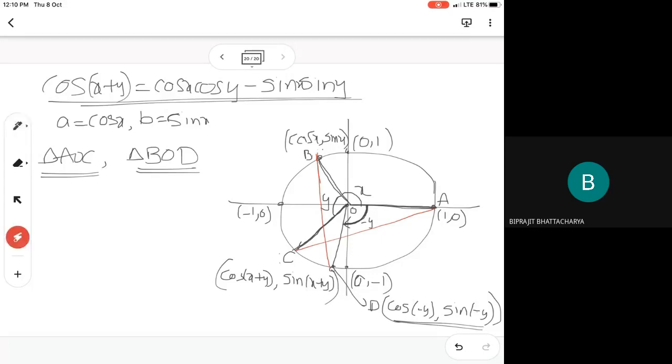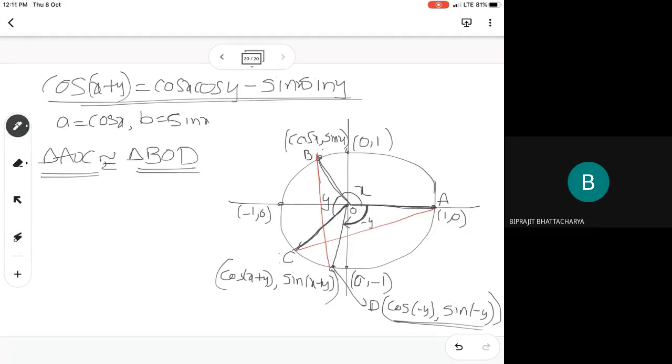Measure of y, COD. So this is the angle AOC, which is y plus this one. And angle BOD, whenever you take it into consideration, is y plus COD. Both are equal to y plus COD, so both angles are equal. And this length is equal to this length because of the radius. And here this length and this length are also equal. So by the SAS congruency, the 2 triangles are congruent.